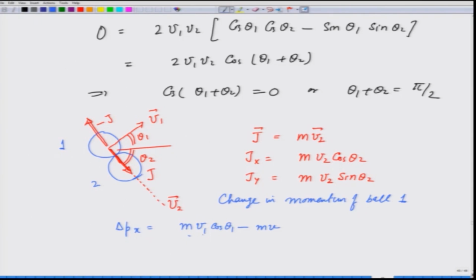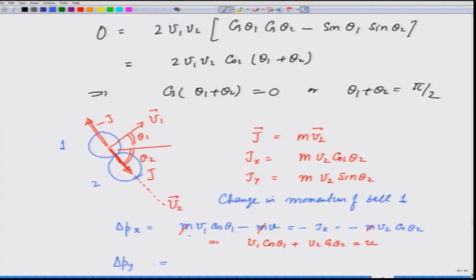This is the x component of the momentum after the collision. m u is the initial x component of the momentum, and this is minus Jx, and this is minus m V2 cosine of theta 2, and if I cancel m, it immediately gives me the equation I used earlier, V1 cosine of theta 1 plus V2 cosine of theta 2 is equal to u. Similarly, delta Py